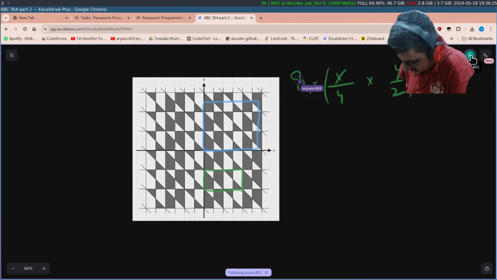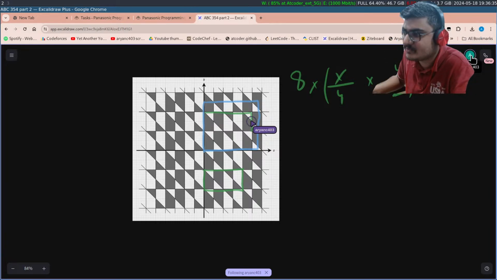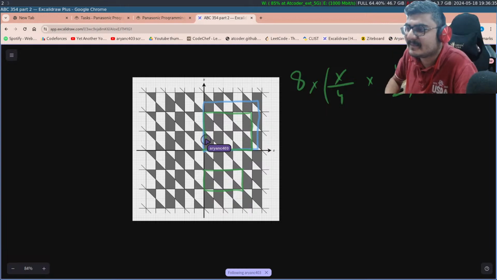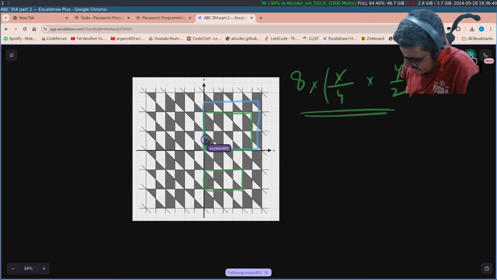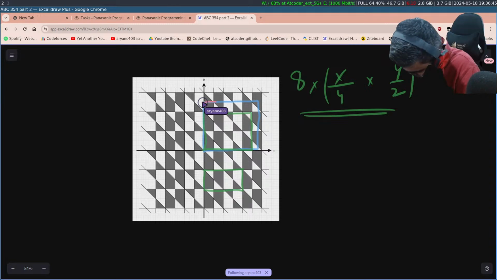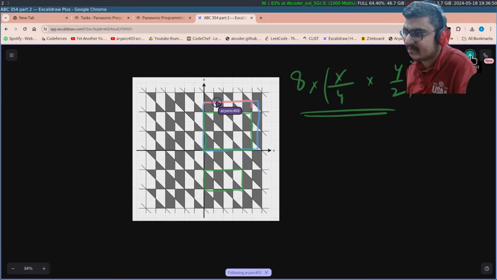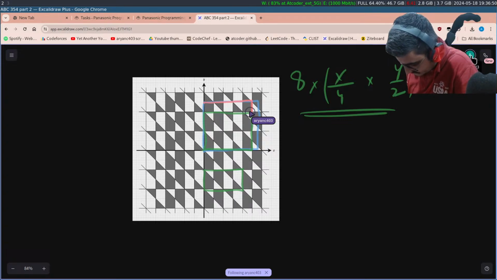Once we are done with this part, this will essentially cover this complete strip, the green part, directly, the 4 cross 2 number of blocks here. Then if y is odd, we also have to take into account the area of this part. And you can notice that for each area in this part, the total cost we need over here is